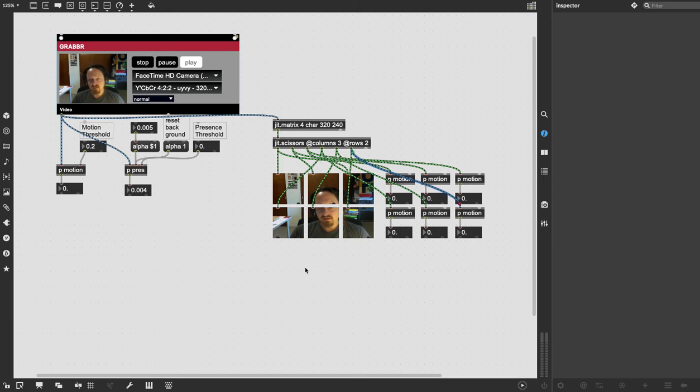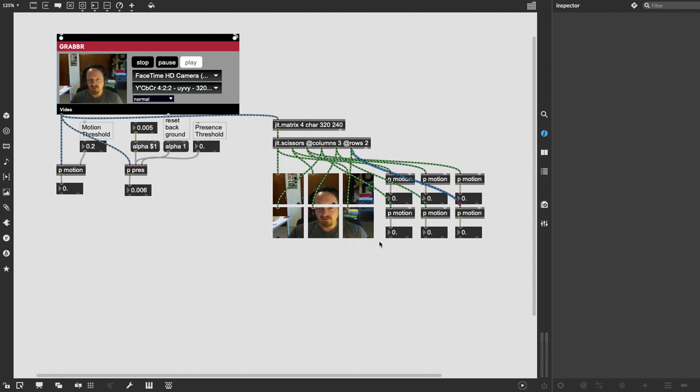Okay. So that's really interesting if I wanted to connect these all up to different samples. I could do that. Like I could have a drum kit here, right? And I could have some snares and some hi-hats and a bass drum or a kick drum, and maybe a crash cymbal up there. If I wanted to do a drum kit, I could do that. I could have these motions trigger different video playbacks. If I'm making a video mixer, I've got 6 different videos I want to fade in and out in a mixer based on where the motion is in the camera frame. I could do that. I could do all kinds of stuff with this now that I can chop it up,